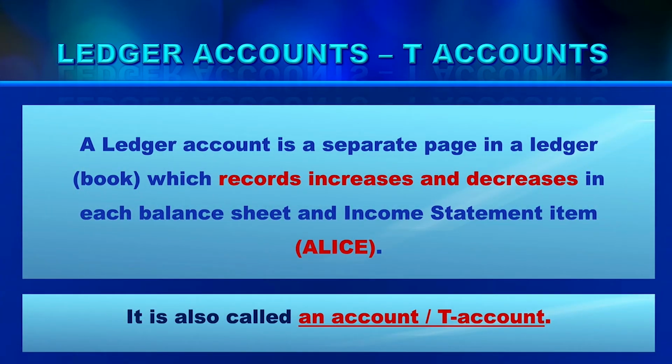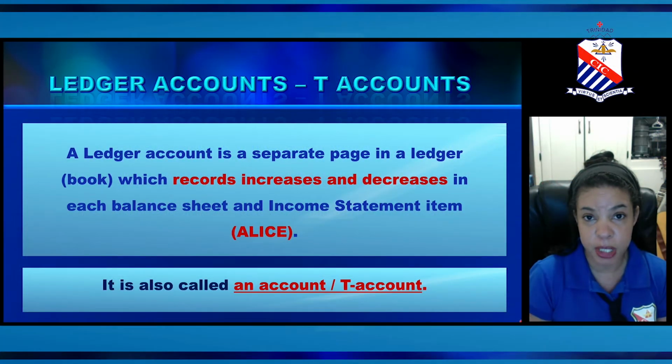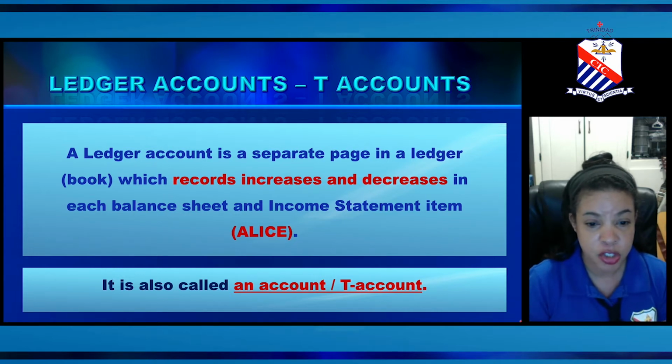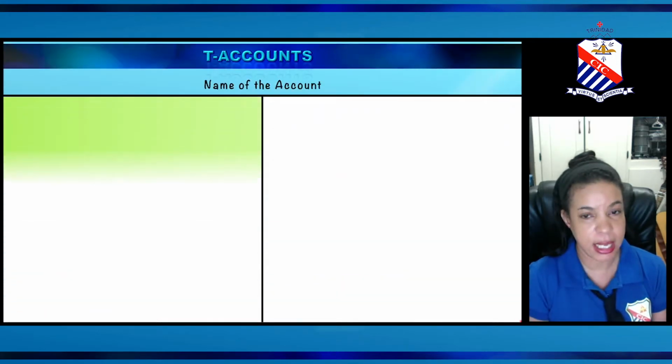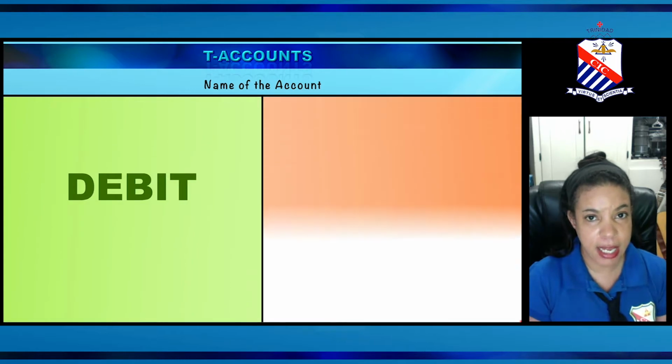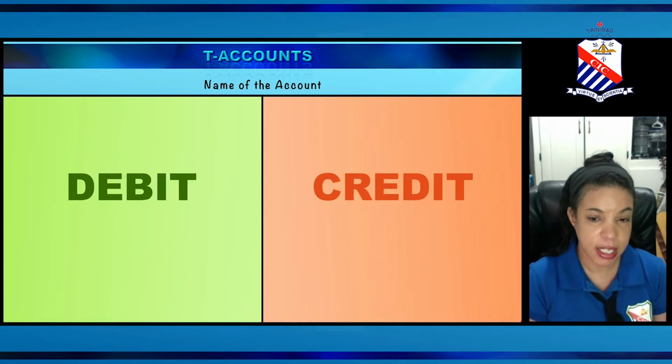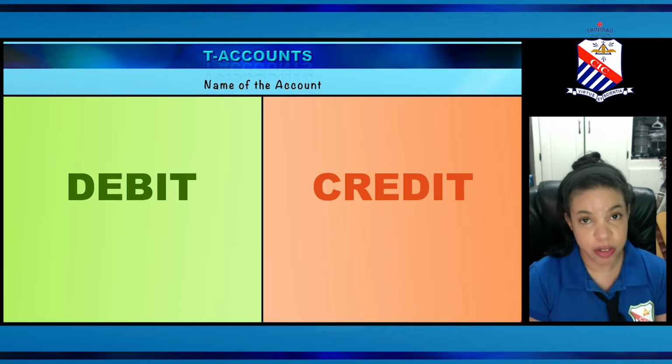So if you would remember, a ledger account is a separate page in a ledger book which records increases and decreases in each balance sheet and income statement item. That would be ALICE in terms of assets, liabilities, income, capital, and expenditure. So the ledger accounts are known as the T accounts, and that's because they look like a T with a debit side and a credit side. And those are 2 very, very